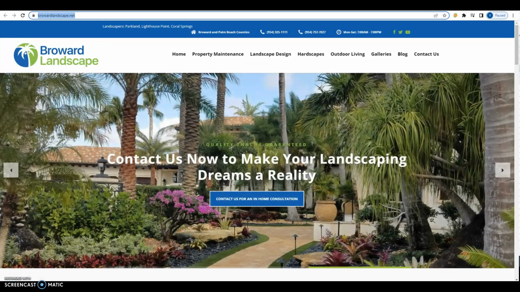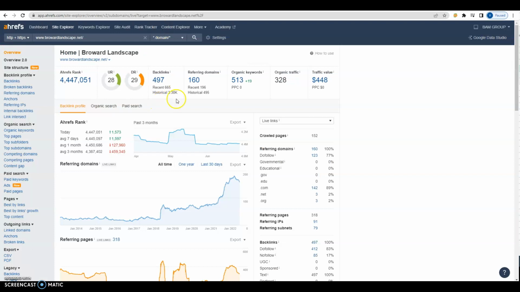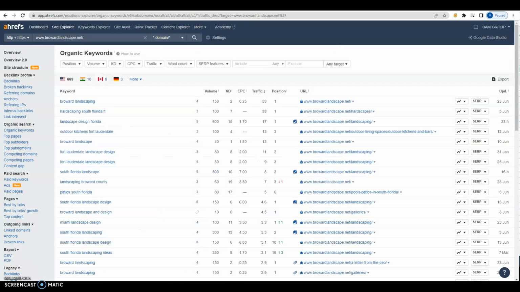Let's have a look at these guys, Broward Landscape. They are being found for 513 organic keywords. And here we have some of those keywords. So for example, Broward Landscaping has a search volume of 150 searches per month. So 150 people searching for that. And because they are in the first position, they were able to drive 53 visits. This is an estimate, but 53 visits to their website. Hardscape in South Florida, they are in the first position. The search volume is 100, and they were able to drive 38%. So you can see that by ranking on the first position,